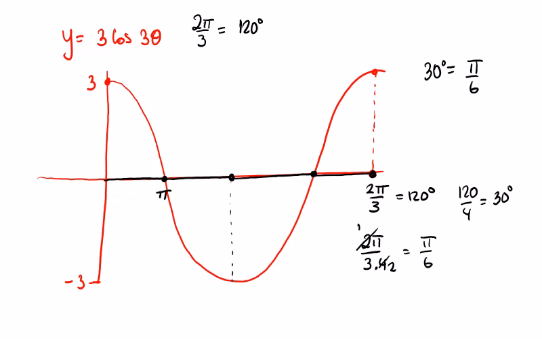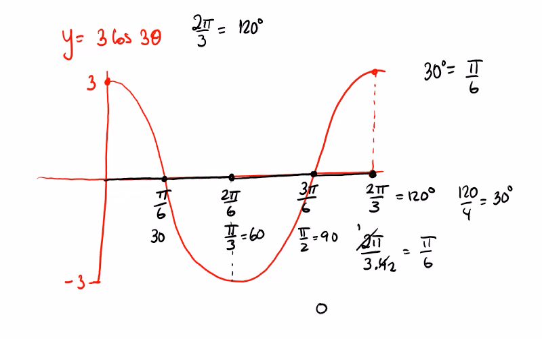So this is pi over 6. That's one of them. This is 2 pi over 6, which is just pi over 3. This one is 3 pi over 6, which we can see is pi over 2. Pi over 3 is 60, 90. This one is 30, and this final one, 2 pi over 3, is 120. So this is the graph of y is equal to 3 cos 3 theta